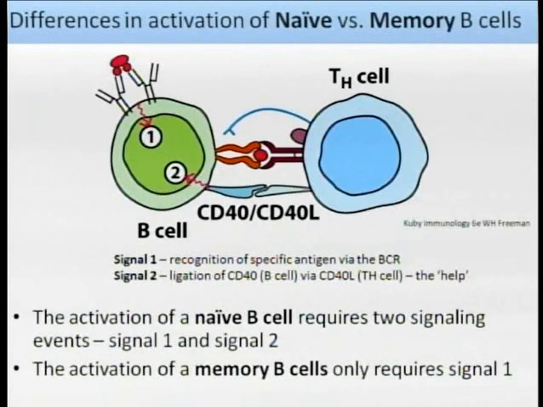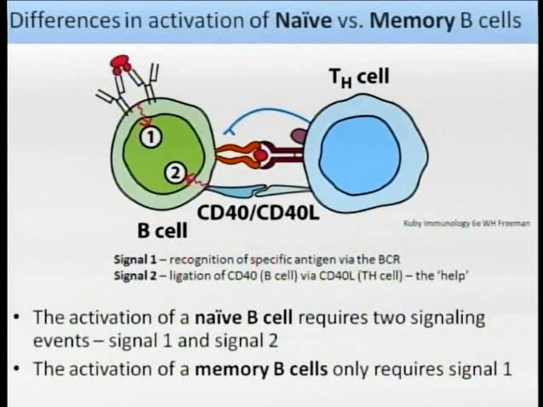So because I was just telling you about how memory is what we want to produce for T and B cells, I wanted to tell you a little bit about the differences in activation of a naive cell versus a memory cell. And here we're looking at B cells, but this would also apply to T cells. Okay? So as an example,